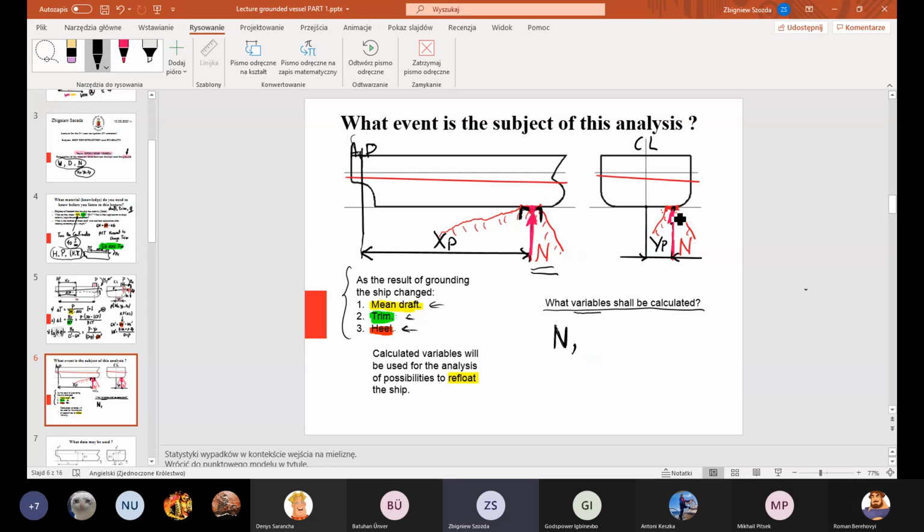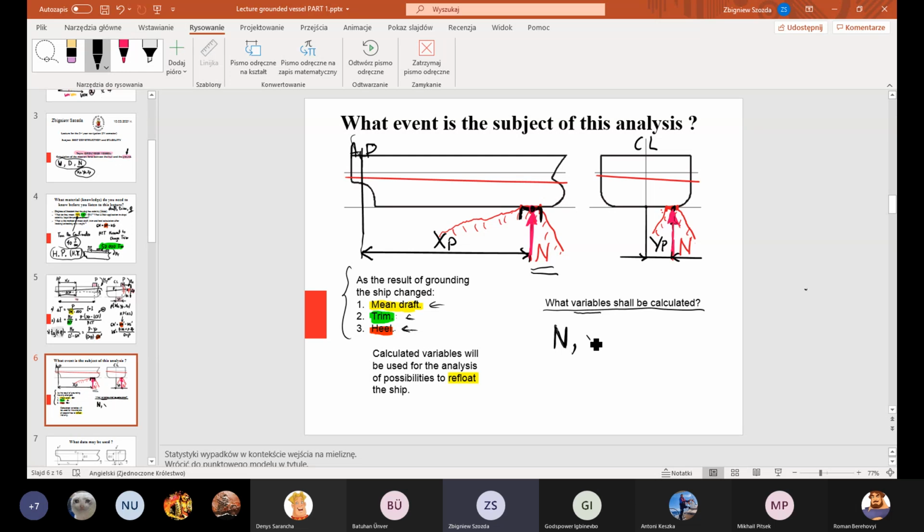I think that the next information, which is very important, is point of action. Do you agree? Yes, but don't we know it already? What? Don't we know already the position of the action? I thought that we know that. How can you do it? It is not possible. When you are grounded, the point of action is somewhere deep. So you will not dive and look for point of action.